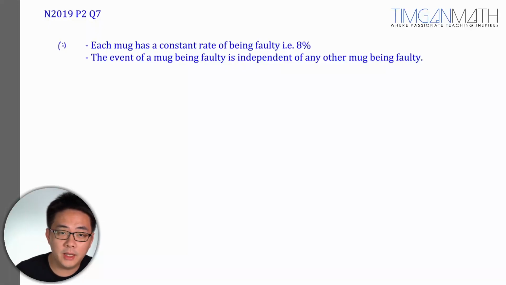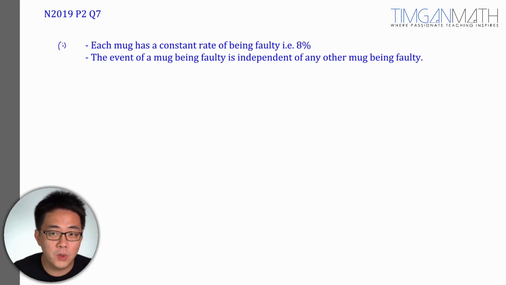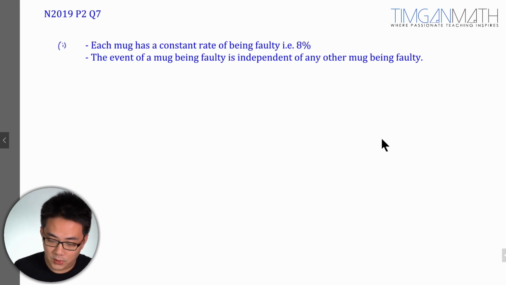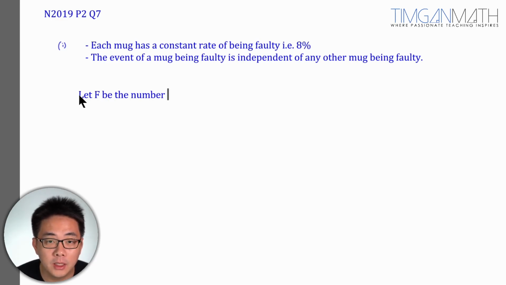So it's now given that f can be modeled by a binomial distribution. So let's see how we can do that. Find the probability that on a randomly chosen day, at least 7 marks are faulty. So every day he collects 50 marks, right? So I'm just going to define it. Let f be the number of faulty marks